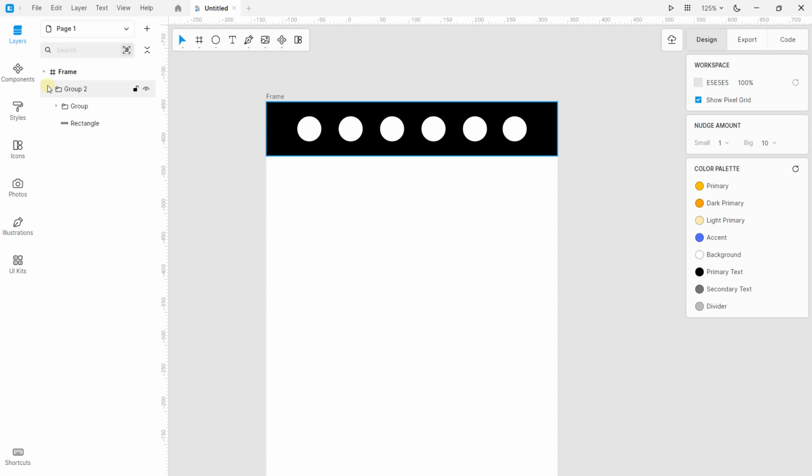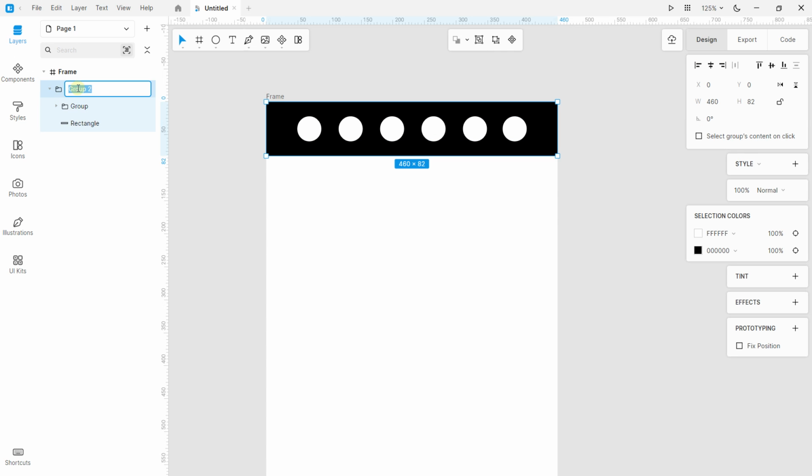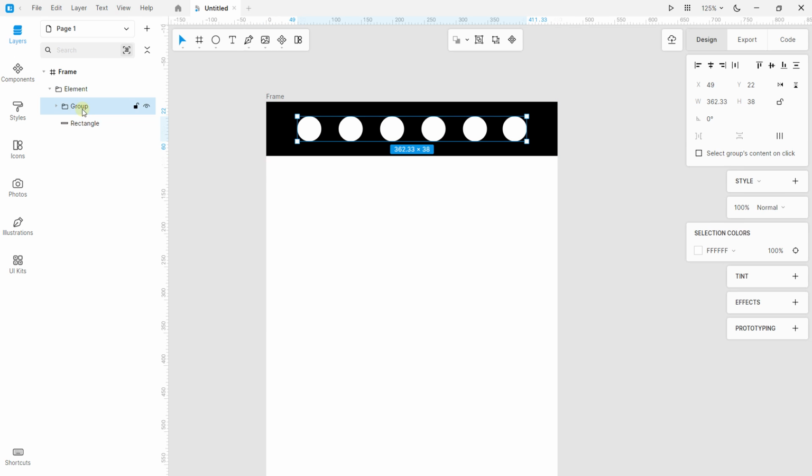If I go on the left, another interesting thing about creating a group is to organize your layers. So when you create a group, you can organize inside. You can organize your layers and the objects inside groups. You can also rename with a double click, and I can make, for example, element. And inside I have these other groups with the circles. I can double click and just change the name to circles.